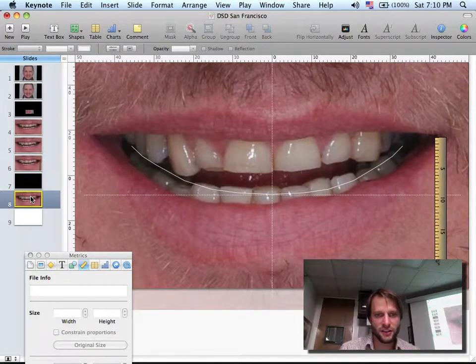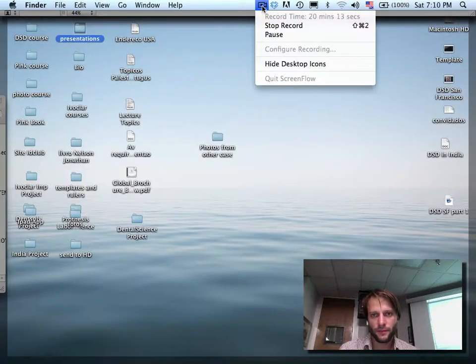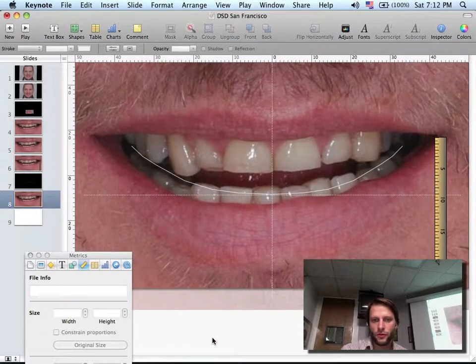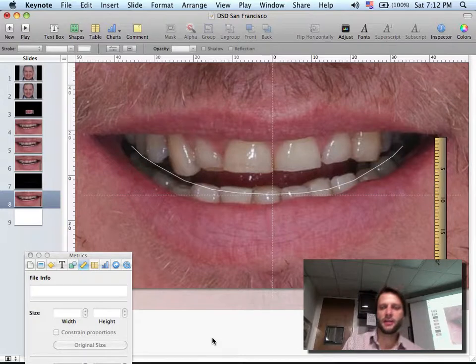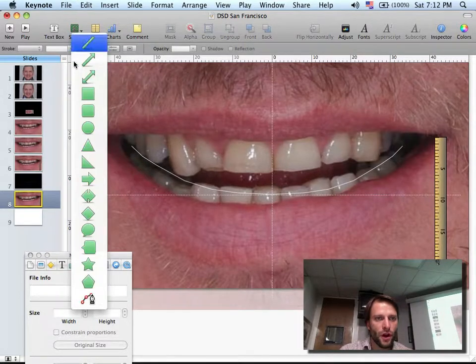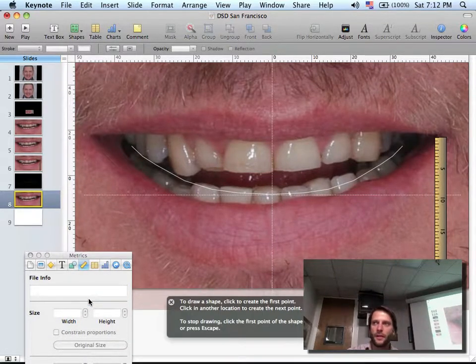So let's finish this curve and make it look nice. Now we can bring in the intraoral picture. How do we do that? We're going to draw those transferring lines. Again, now that we know how to draw, we go back to our pencil, the little pen at the bottom there, we click on it, and we draw a line that comes from the